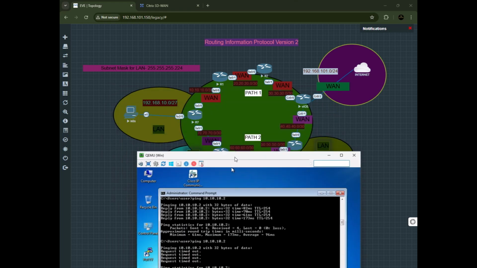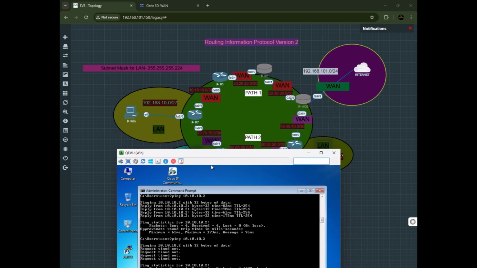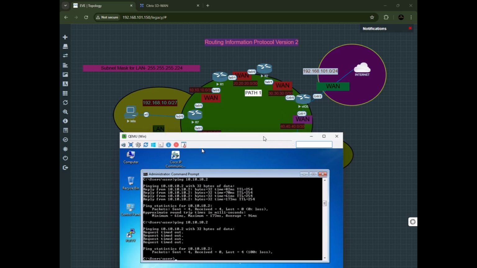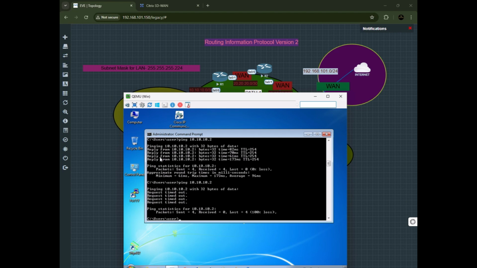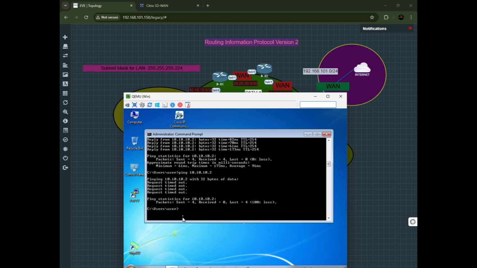All right, let's break it down from this side on this path. Let's break down path 1. As you can see, we have path 1 and path 2. We're going to try to ping 10.10.10.2, 20.20.20.2, and 30.30.30.2. We expect to see successful ICMP echo replies. Let's do this now. Let's try to ping